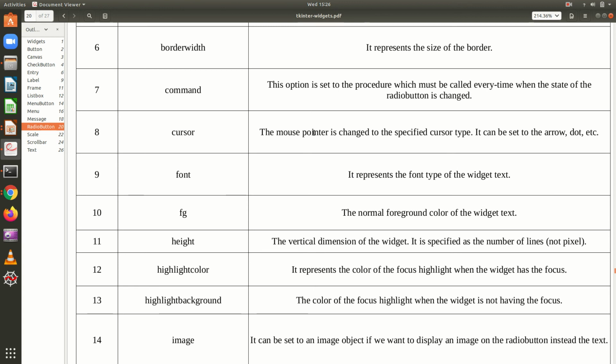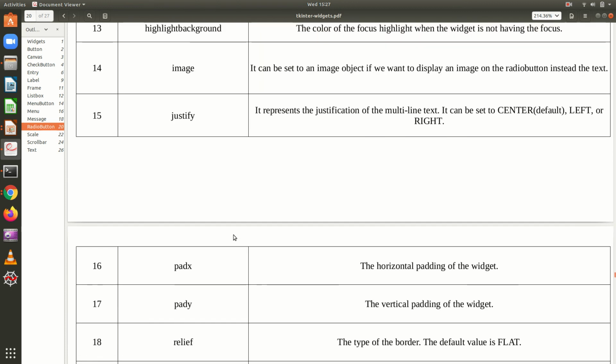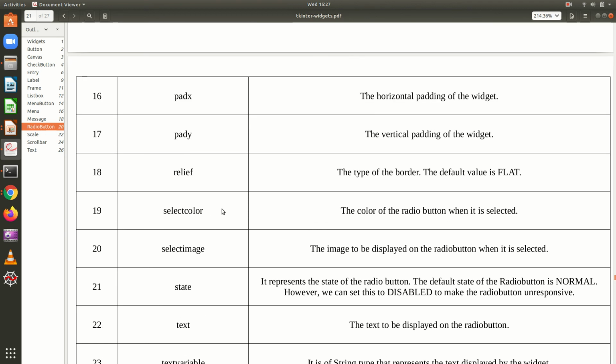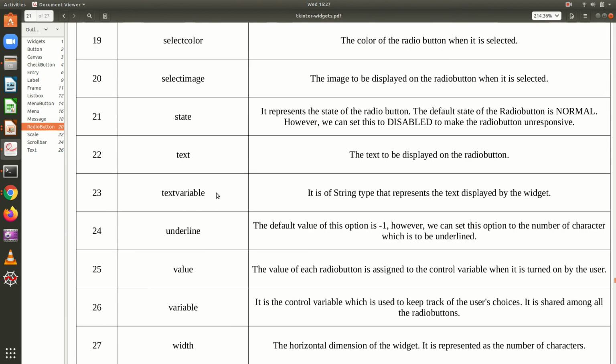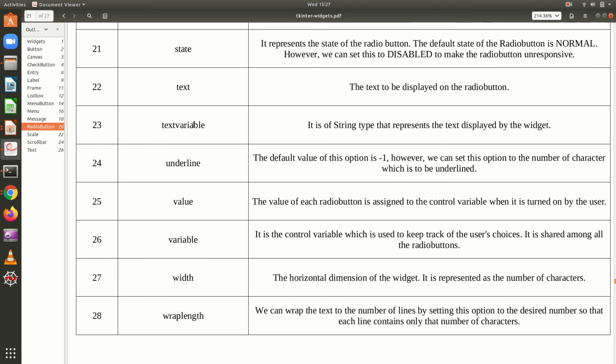So when you select an option, what is to be done, as you click a button, you give a command. The same way, when you select the option, what is to be done can be given in the command option. Then these are pad X, pad Y, selected color, selected image. Text variable can also be assigned.